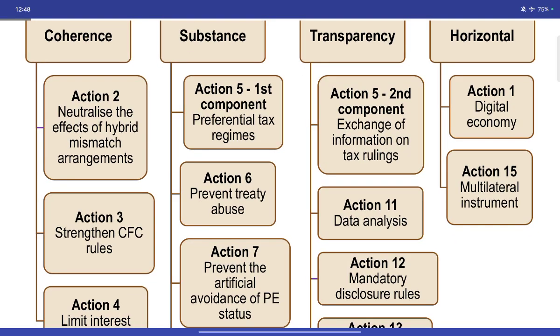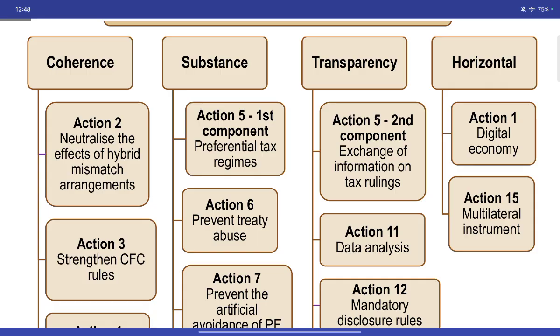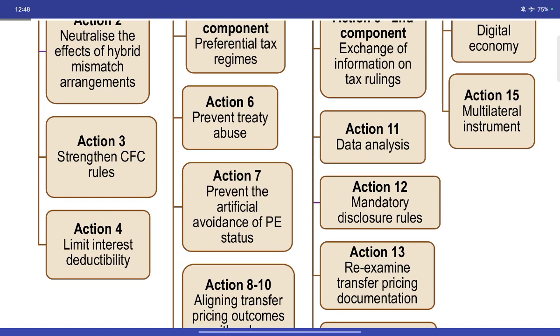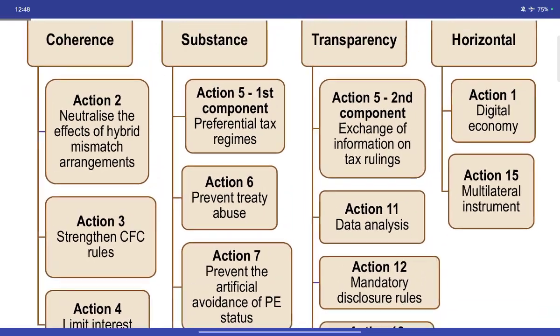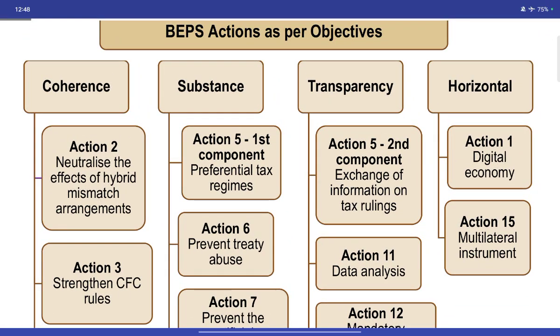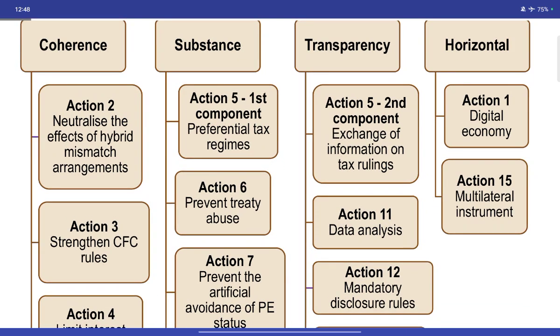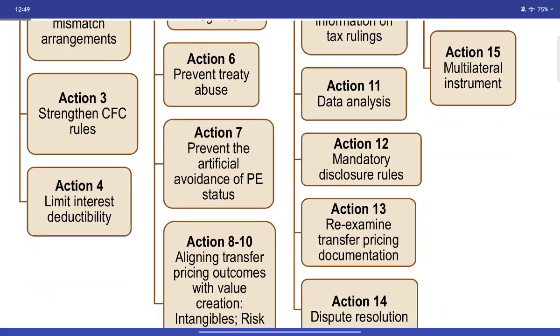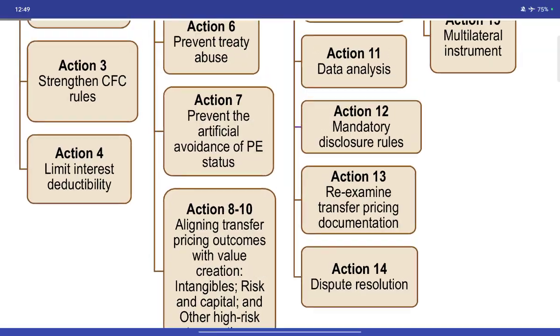Horizontal: Action 1 is the digital economy. Coherence: Action 2, neutralize the effect of hybrid mismatch arrangements. Action 3, strengthen the CFC rules, controlled foreign company rules. Action 4, limit interest deductibility. Substance: Action 5, first component, preferential tax regimes; second component, exchange of information on tax rulings. Action 6, prevent treaty abuse. Action 7, prevent the artificial avoidance of permanent establishment status. Action 8,